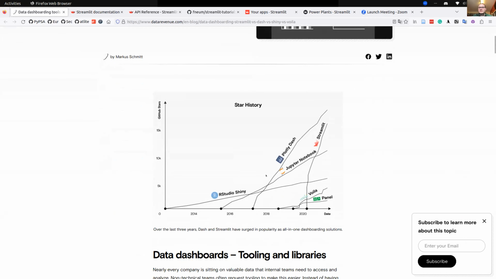So there's a couple of them out there. The most popular and the longest standing Python-based one is Plotly Dash. So Plotly is the graphing library, and Dash is sort of the dashboarding library in this ecosystem. And then Streamlit has really been the shooting star. It came out in Corona times and is now closing in on Plotly Dash in terms of popularity. And I think one of the reasons why it is so popular,